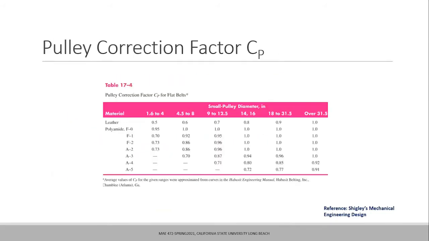And this is a pulley correction factor. Depending on whether you have the belt wrapped around a smaller pulley or a bigger pulley, there are specific correction factors that again you need to take into account. You can refer to this chart, pick a specific value relevant to the requirement, and use it in the expression for calculating F1 subscript A, the allowable maximum tension in the belt.